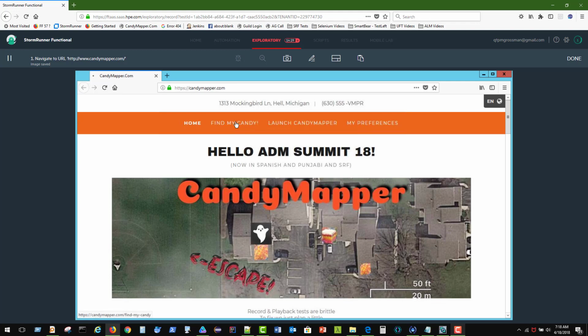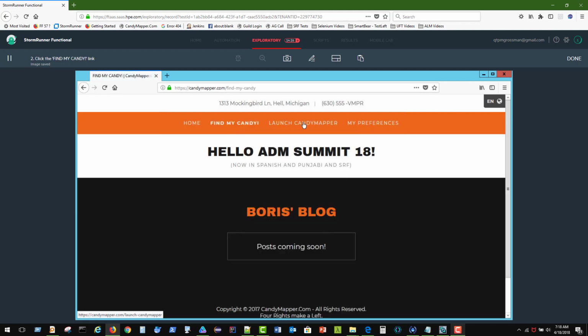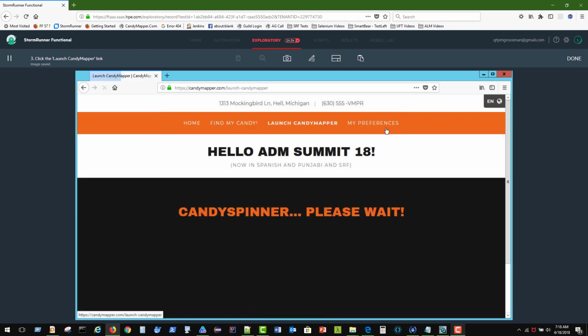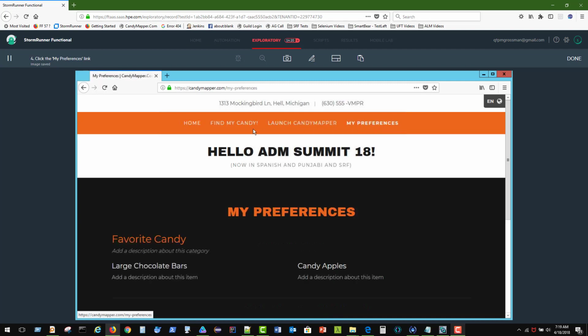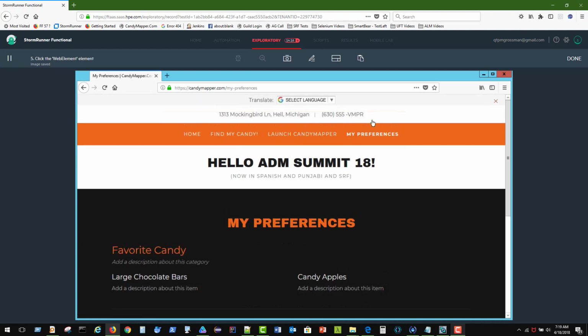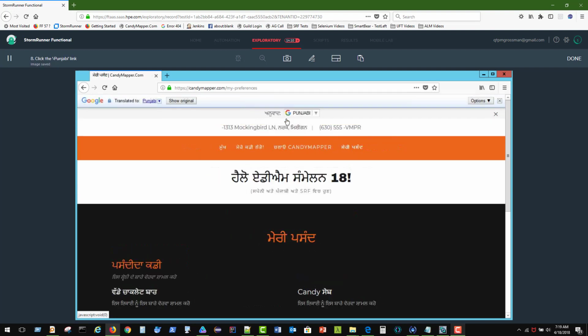And we're going to check out all the links. I can get to find my candy, I can launch Candy Mapper, I can go to my preferences. But what I definitely want to do is also check that I can translate into different languages. This is going to translate into Punjabi first. That looked really good. And if I translate into Spanish,